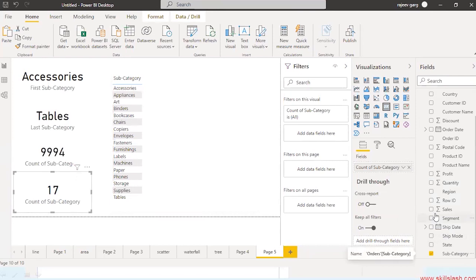Okay, so these all are the examples of text cards.